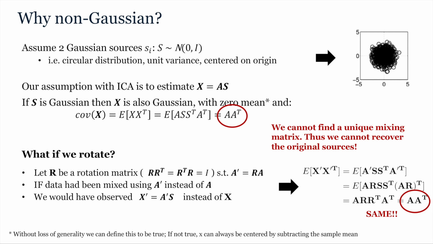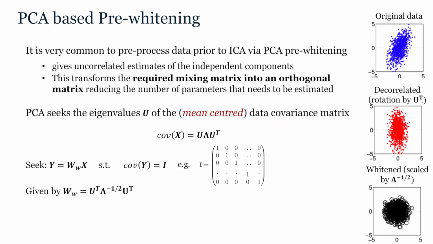This means that we can't differentiate between the mixtures and thus we cannot find a unique mixing matrix. If we can't find a unique A, then we can't find a unique W, and so we would not be able to recover the original sources if they were Gaussian. Accordingly, we cannot estimate independent sources with PCA, but since independence implies uncorrelatedness, many ICA methods do use PCA to